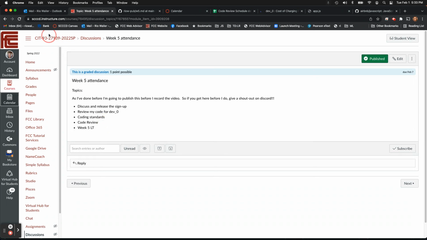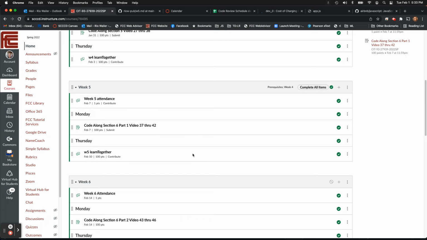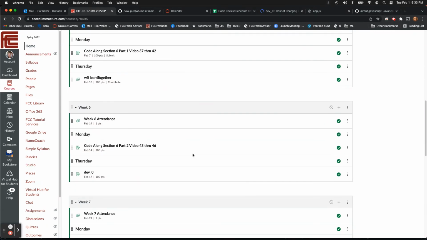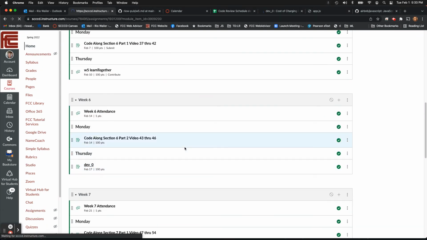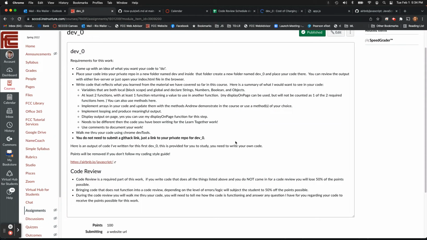By the way, if anybody's looking at this and wants me to copy these requirements down, I thought I'd done this before, but let me know. Here are the requirements. You come up with a concept of what you want your code to do. You build your directory in the private repo. You call it dev and then dev zero.